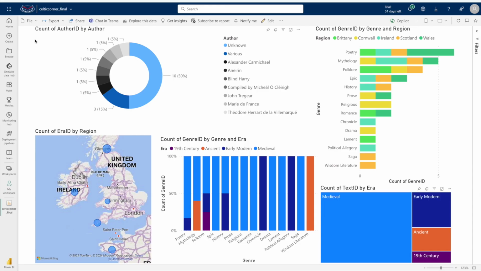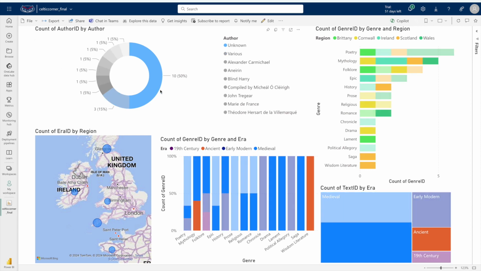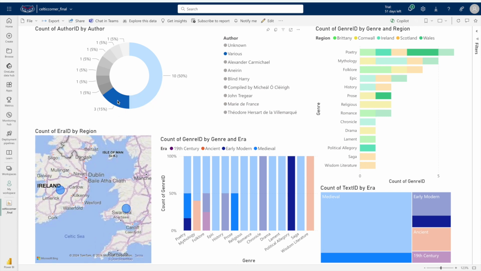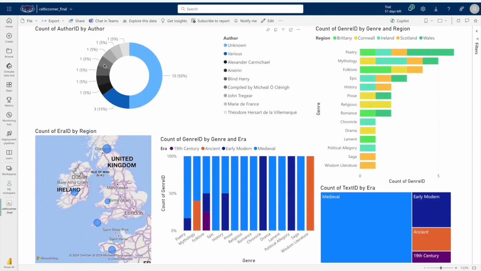Now let's take a look at the makeup of the data currently stored in the Celtic Corner. We can see here that 50% of the texts currently stored in the Celtic Corner have unknown authors. A lot of these are traditional stories dating back several centuries that often were passed down orally before being recorded in writing. 15% of the database is text that come from various authors, and the remaining 35% are from known